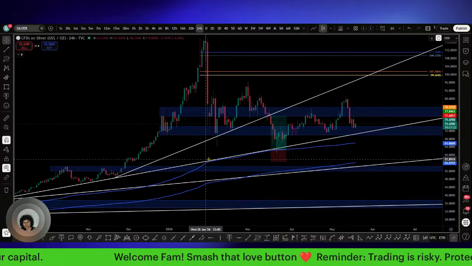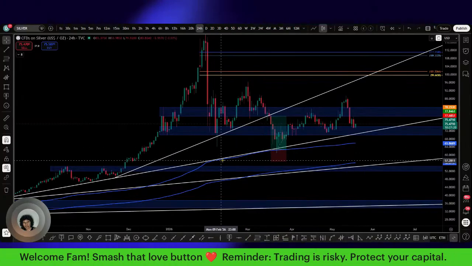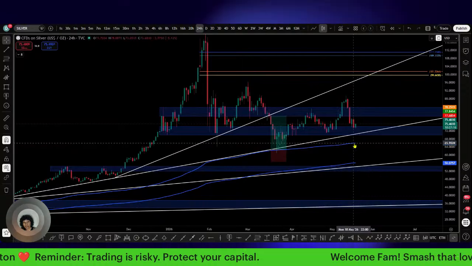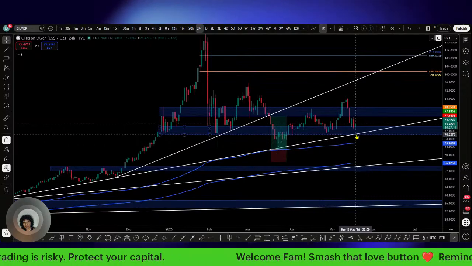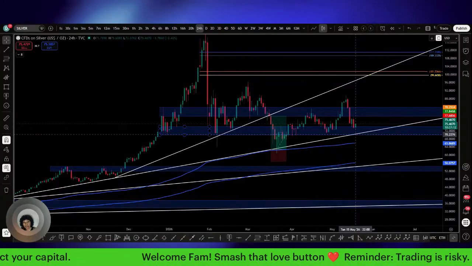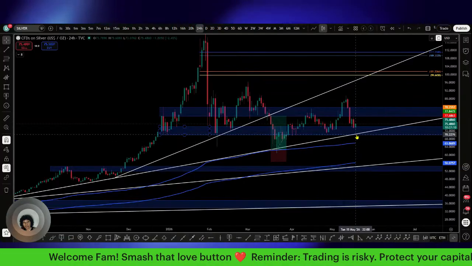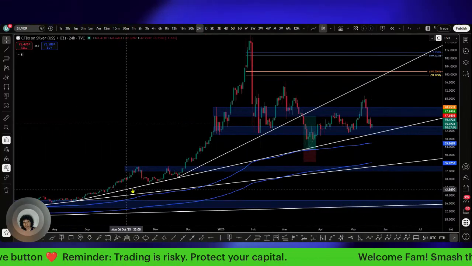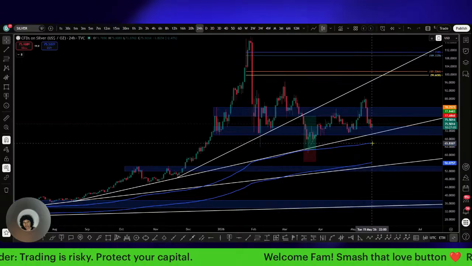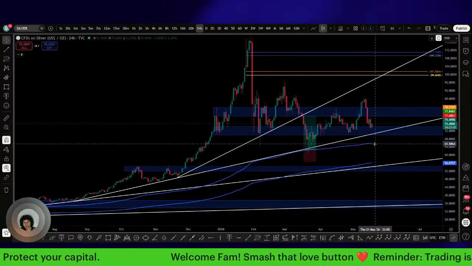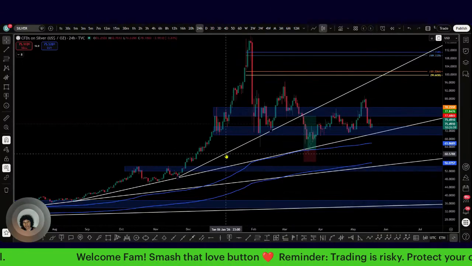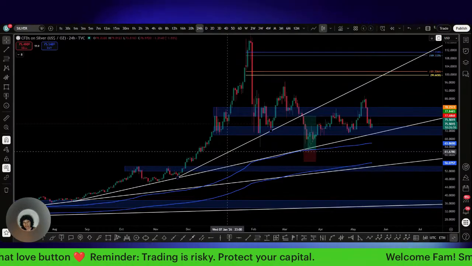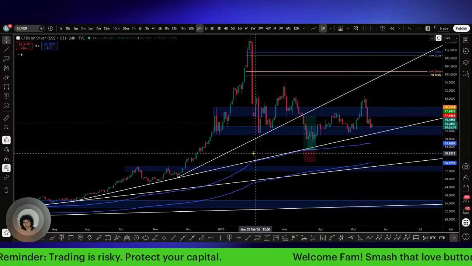VWAP is moving away from this trend line. You can see how VWAP at one point was straddling in here, and now volume weighted average price is kind of descending down a little bit. So it could actually break this trend line this time, like really break it, closing below it and not just a wick down into it, because you can see how it held through here. I would look for a VWAP tap in here, possibly, maybe take that little piece of liquidity right there.